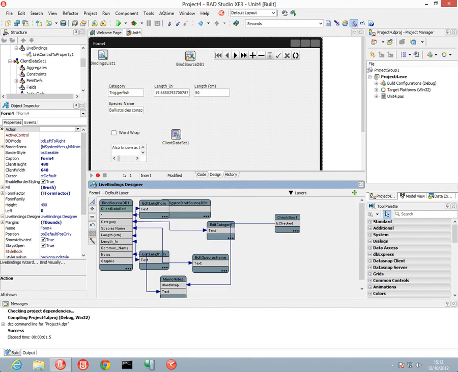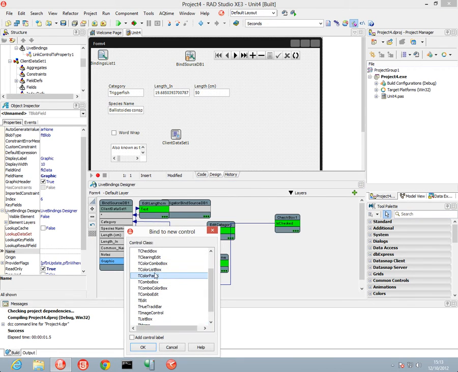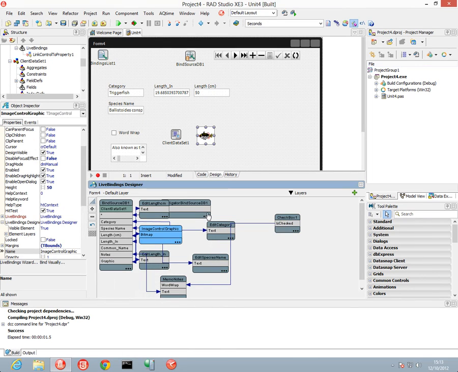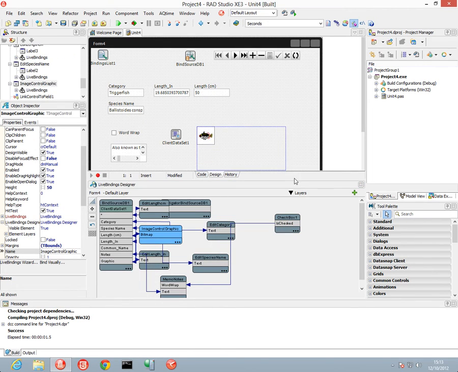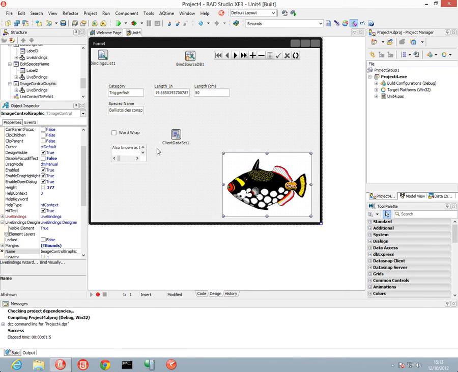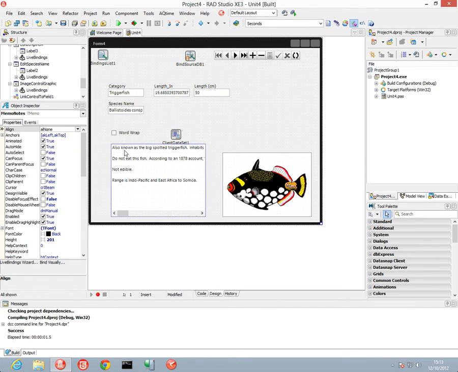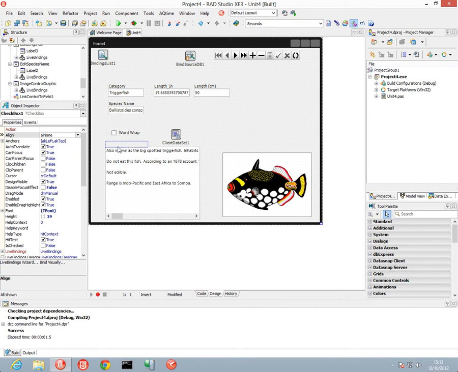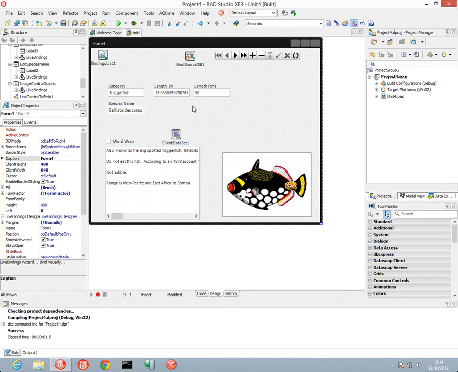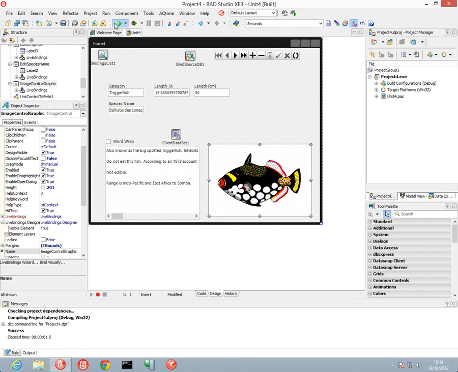Okay, now lastly add an image in, so we can again just link to a new control, T image control, and let's make that a little bit bigger. I'm just going to hide this for a moment, so let's lay these out a little bit. Let's bring that down here. Okay, so we now have a very crude but ready to use Fishfax implementation. So if we go ahead and run,